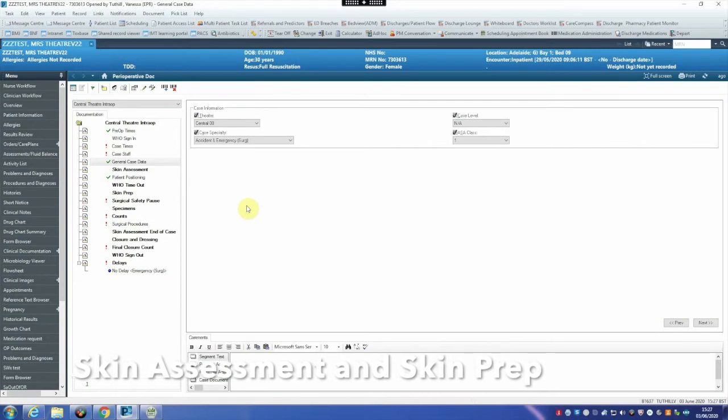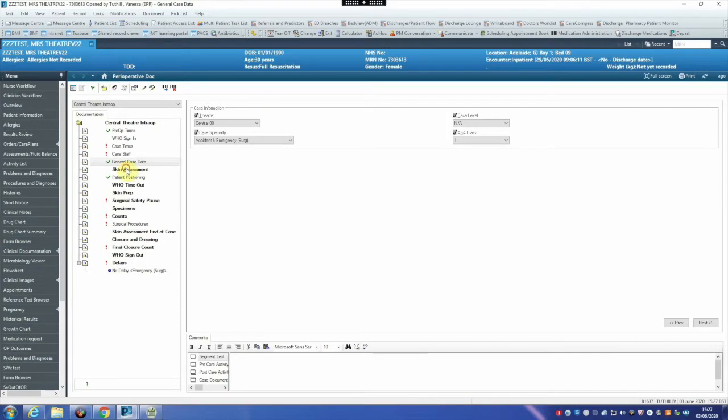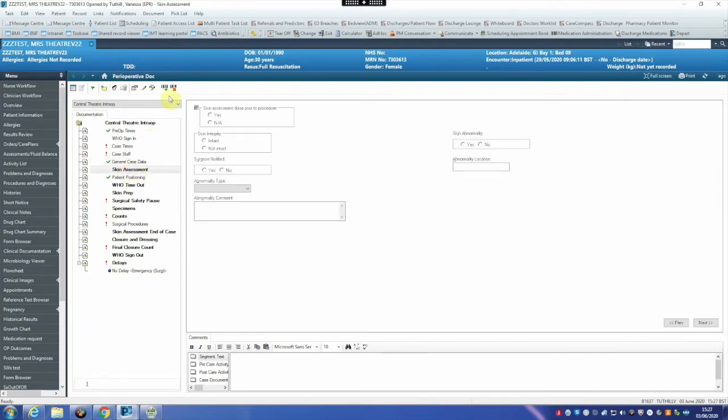The skin assessment and skin prep segments. Select the skin assessment segment. This is 1 page long, and so we then have to fill in the fields. This one is the only one that's mandatory on this page. So skin assessment was done, and we just say how the skin was, whether we notified the surgeon, was there any skin abnormality. So whereas an abnormality, its location, we could type that in. The abnormality type, we could fill that in if required, and any more comments we could again write in. And then when we click the next button,